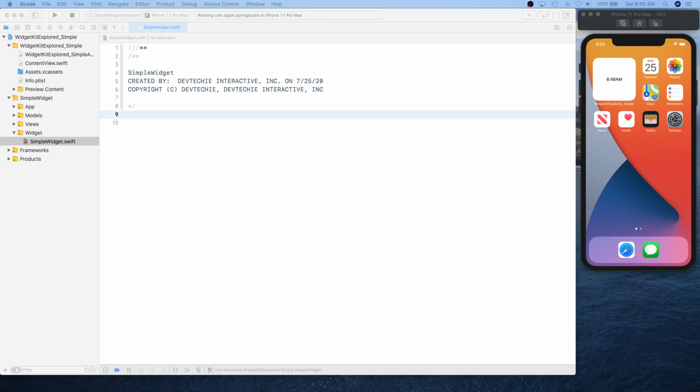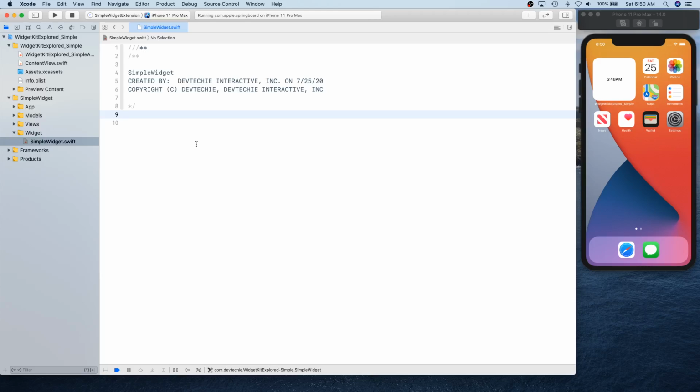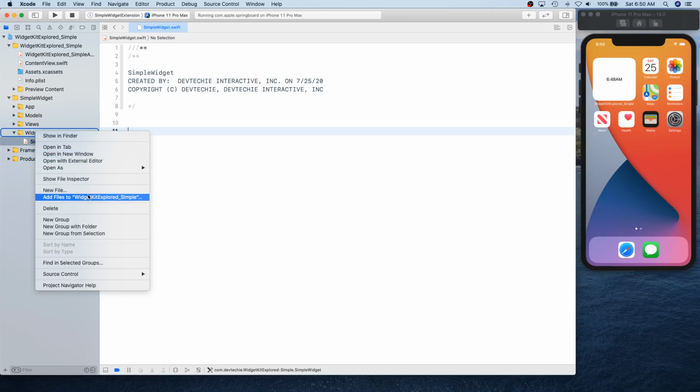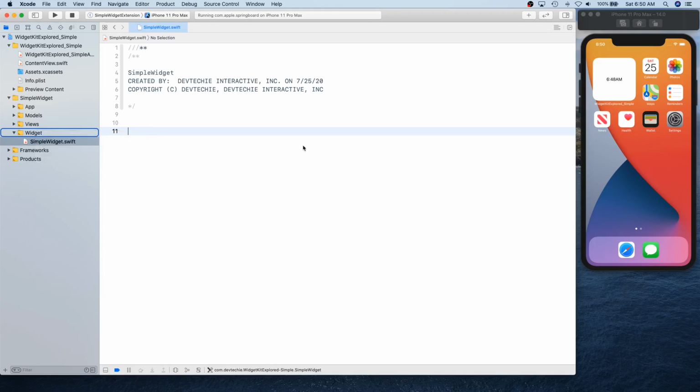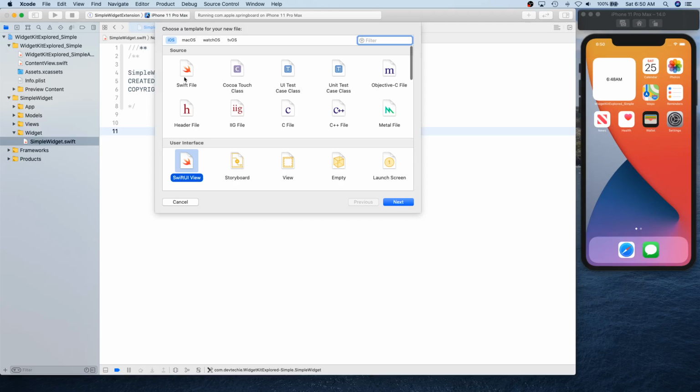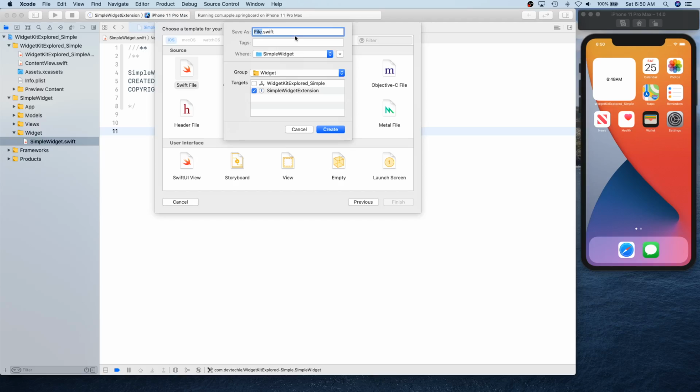So first thing we're gonna need is an entry, something called timeline entry. So we will create a timeline entry class. Let me save this, and we're gonna create a new file, and this is gonna be a Swift file, and we're gonna simply say this one is going to be called simple widget entry. So this is sort of your model.